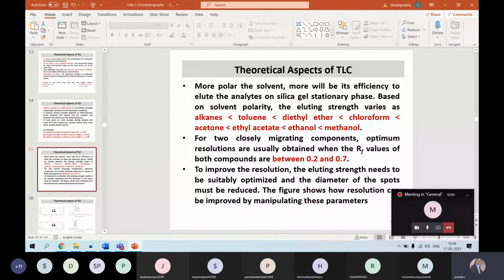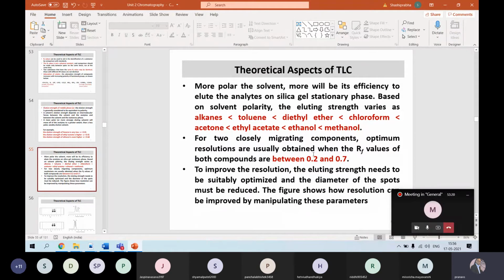These are the eluting strengths, this is how they vary. As I said, methanol has a much higher eluting strength as compared to hexane, etc. And then you have something in between, chloroform and acetone. Regarding RF values, it is recommended that the RF value should be between 0.2 and 0.7. Then you call it a very good efficiency and resolution